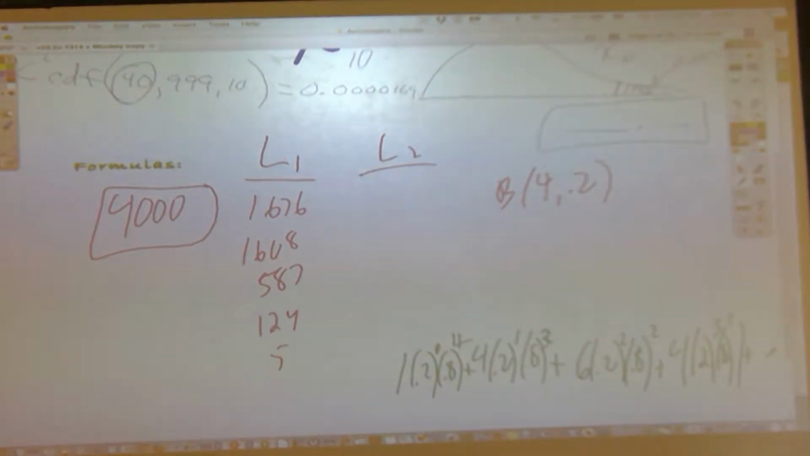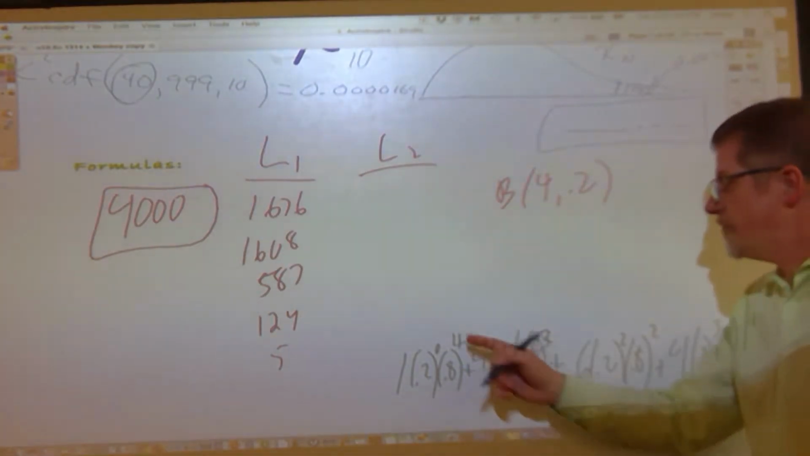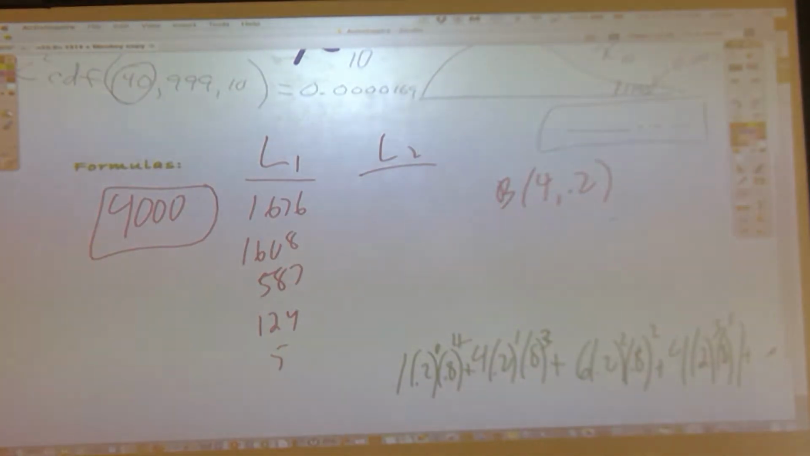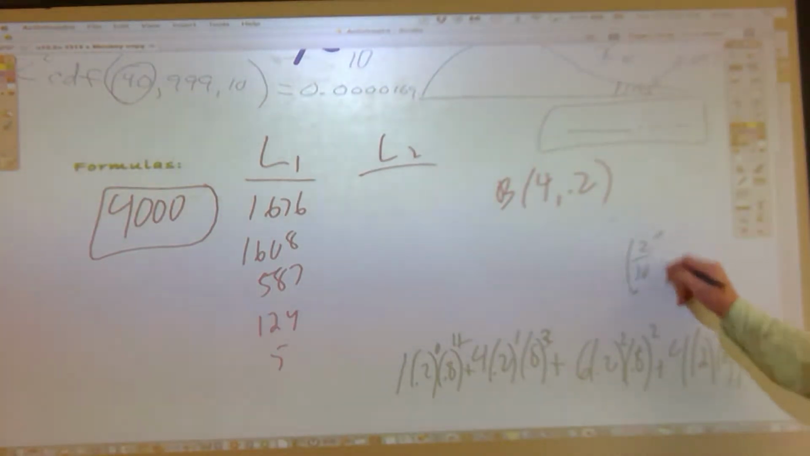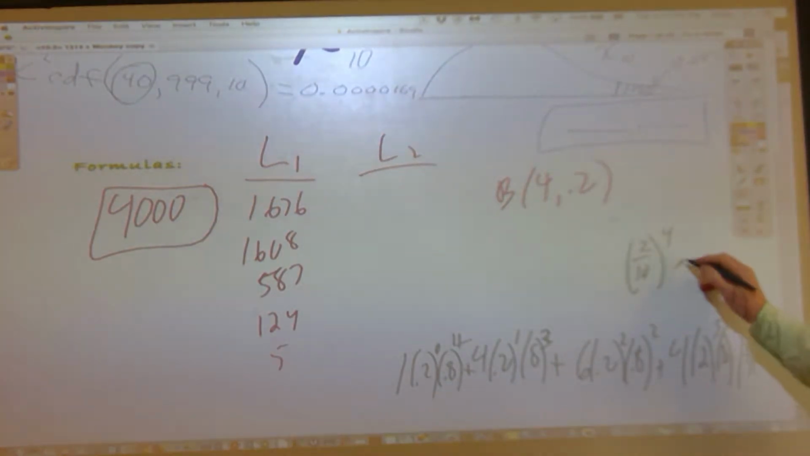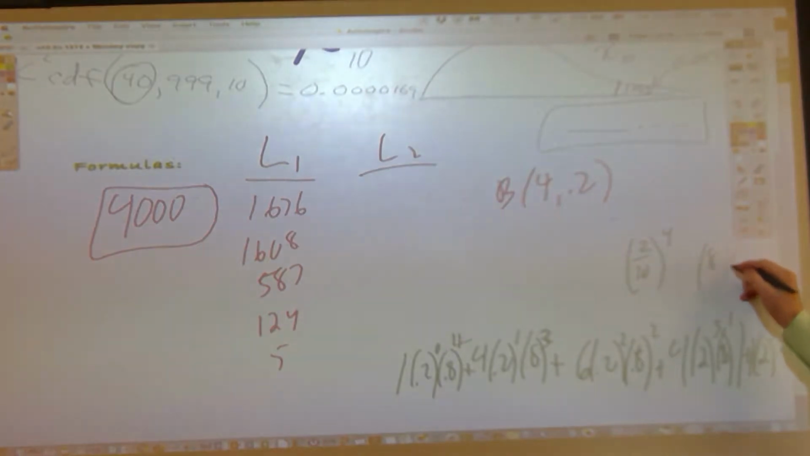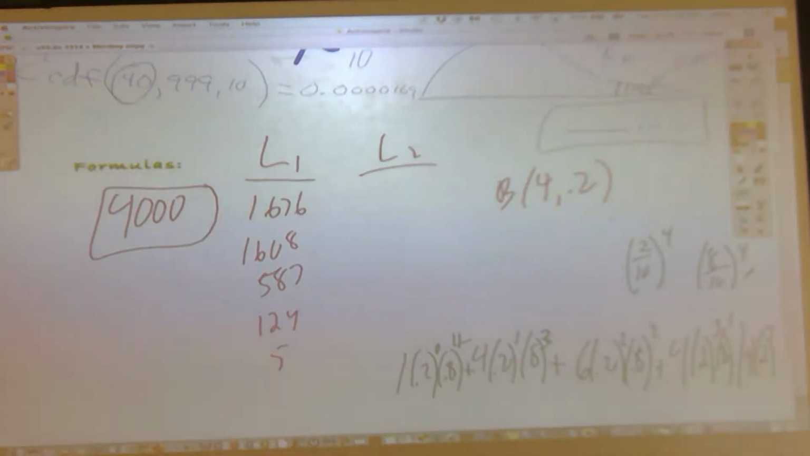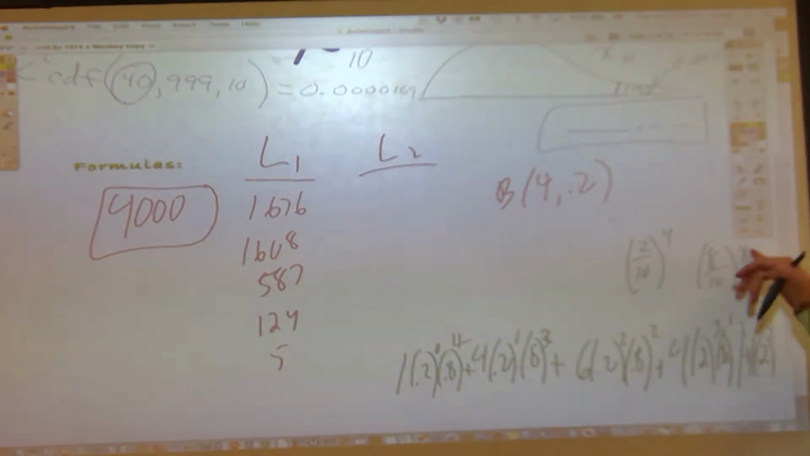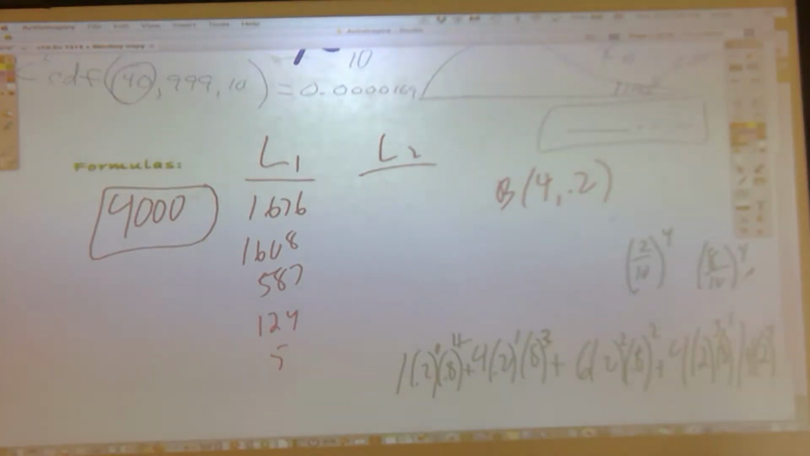So which one is the biggest one? Interestingly, which is bigger, 0.8 to the fourth or 0.2 to the fourth? Because the last one is 0.2 to the fourth times 0.8 to the 0. 0.2 to the fourth is 2/10 to the fourth power. 0.8 to the fourth is 8/10 to the fourth power. Well, it seems like 8/10 to the fourth would be a bigger number because it starts out bigger,